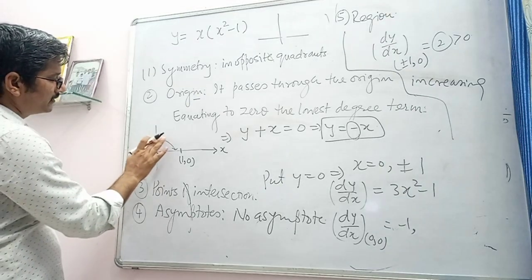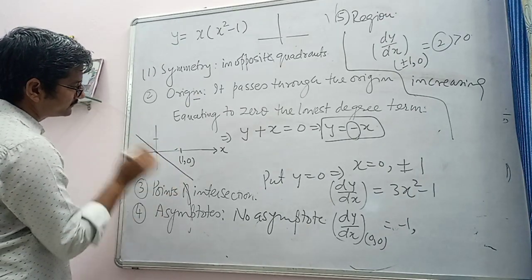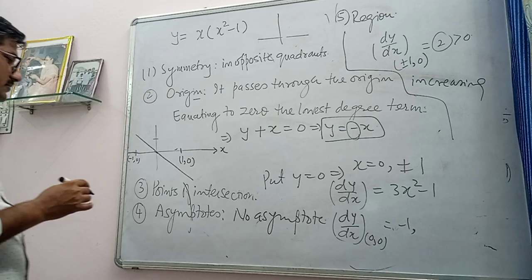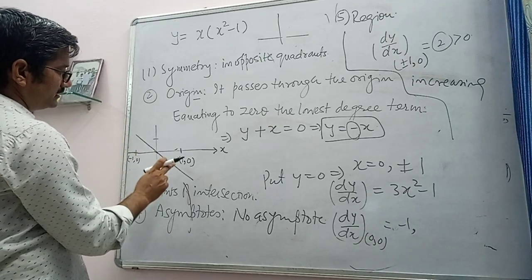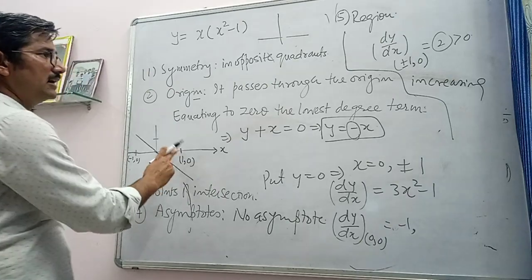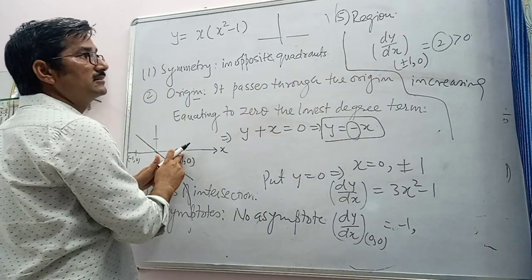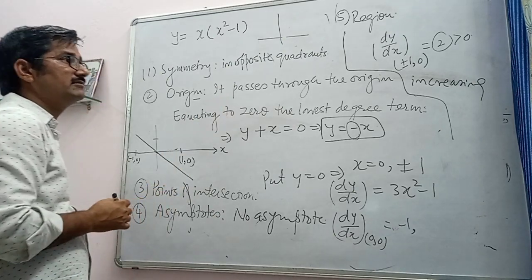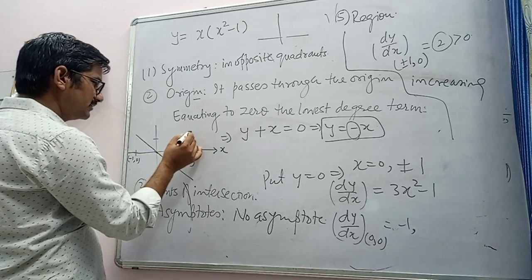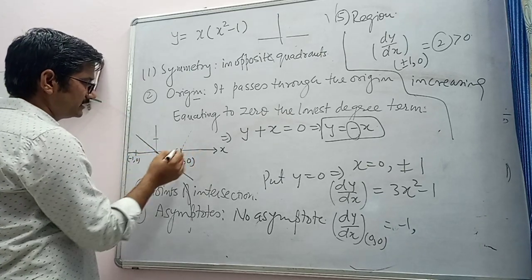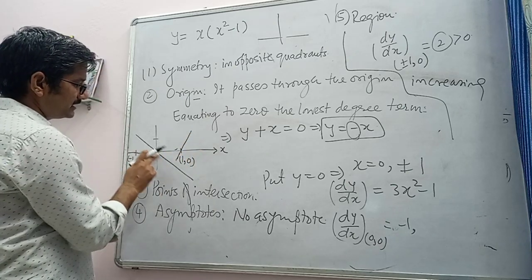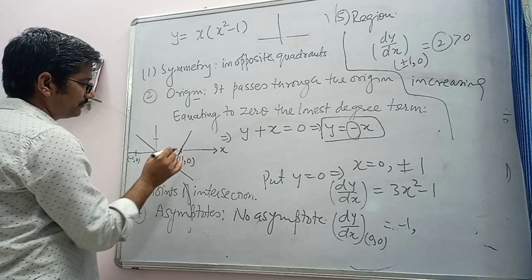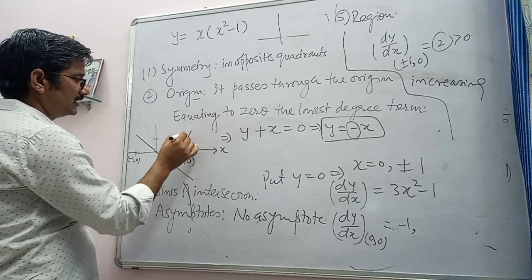Tangent at origin is this one. Okay. So this is the tangent, the curve intersects at this point, and the slope at this point is 2. So the angle will be greater than 45 degree, because tan 45 is 1 and this is double of that. So this is the tangent at the origin and this is the tangent at 1, 0. So joining the curve, keeping in mind these two tangents, you can move in this direction.